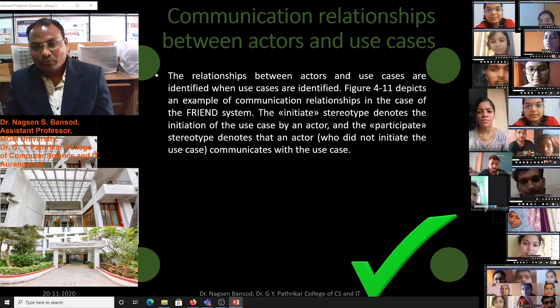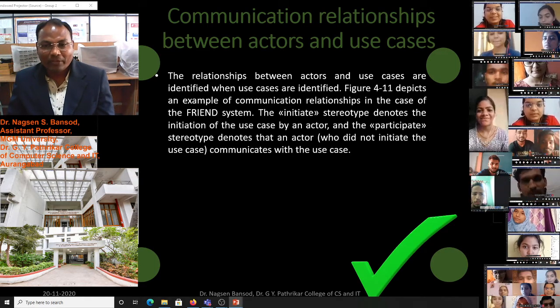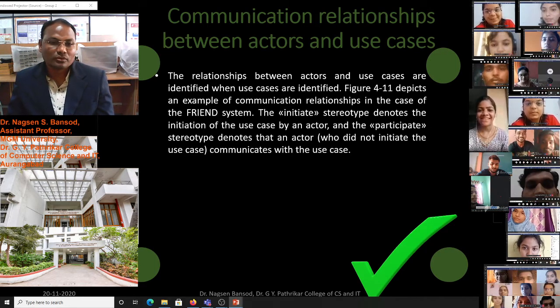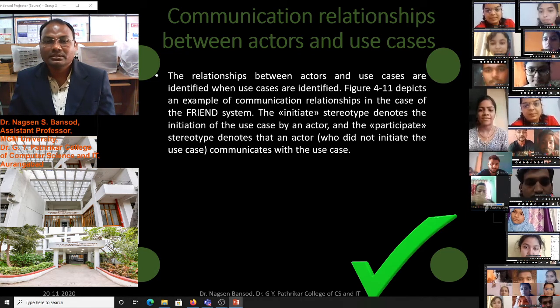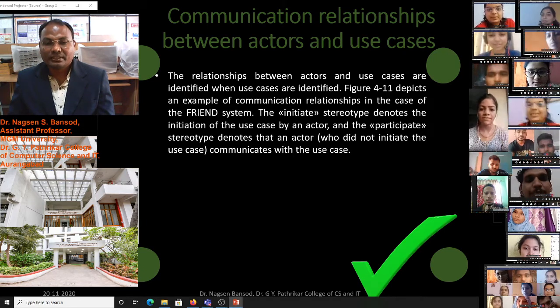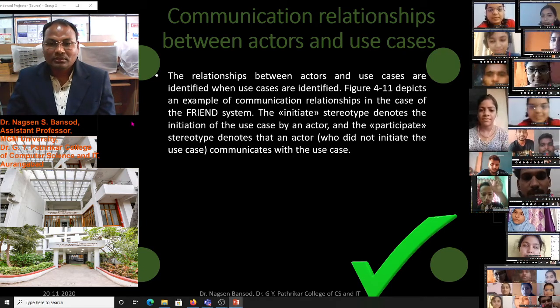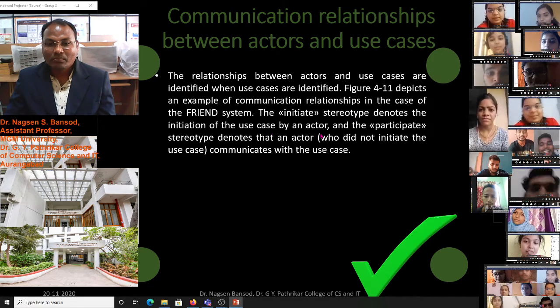There is figure 4.11 that describes an example of communication in the case of the Friend system. Friend is a software. In the example given, the initiate stereotype denotes the initiation of the use case by an actor.